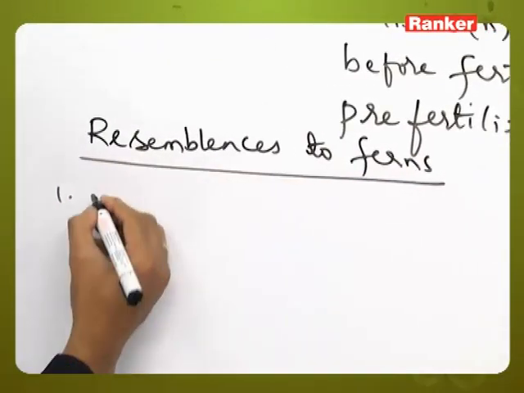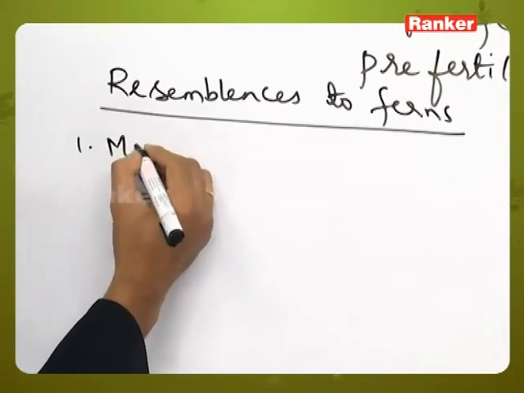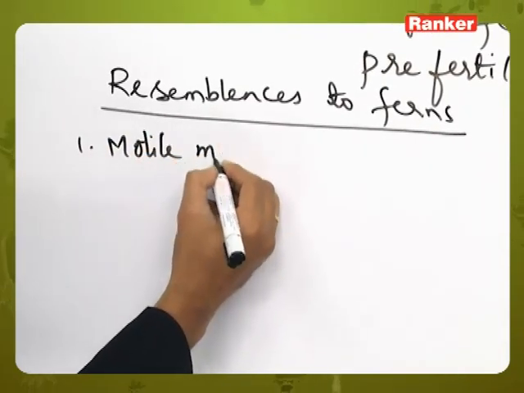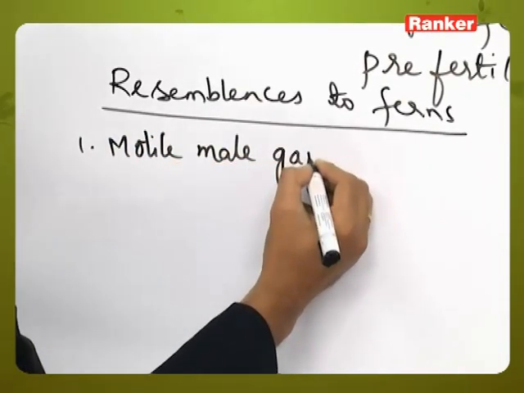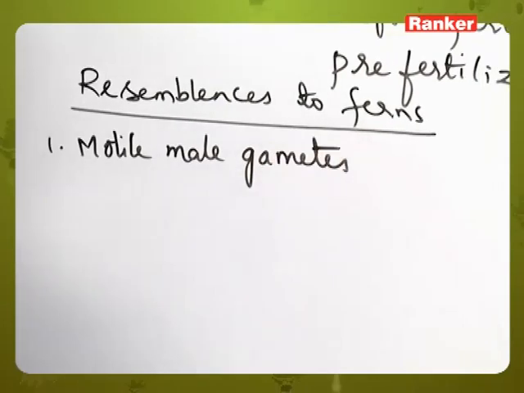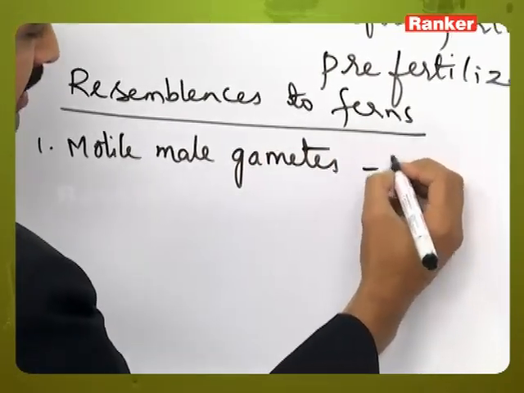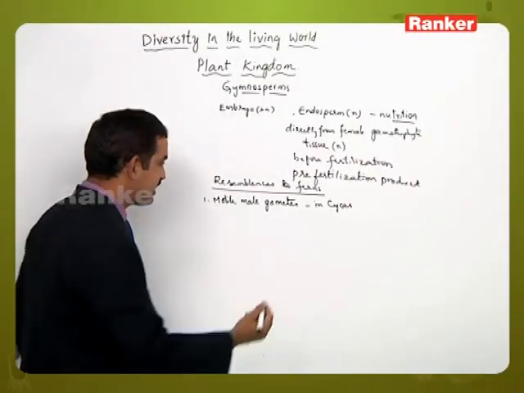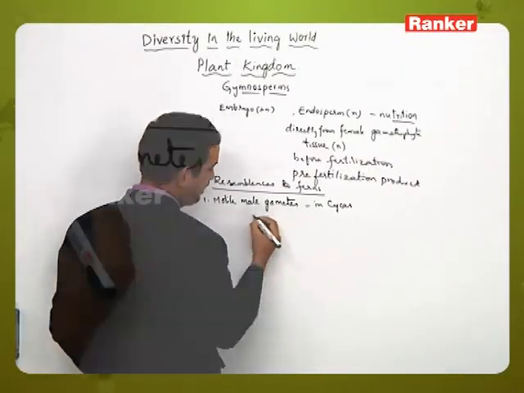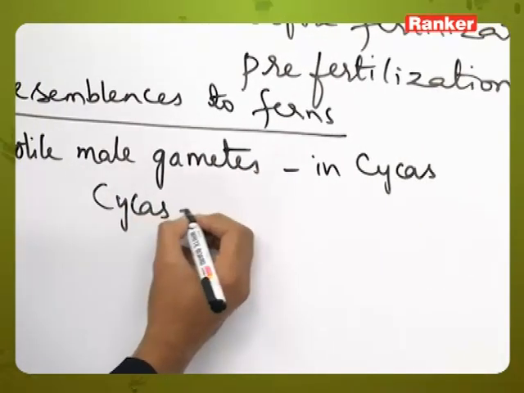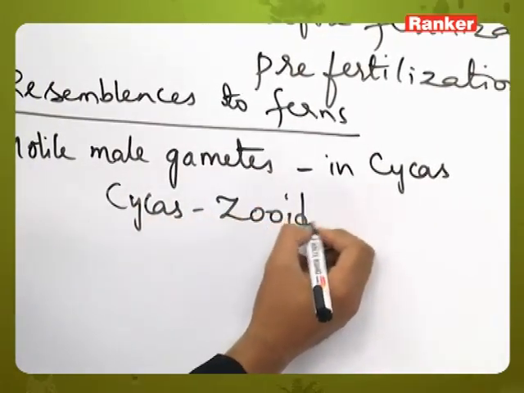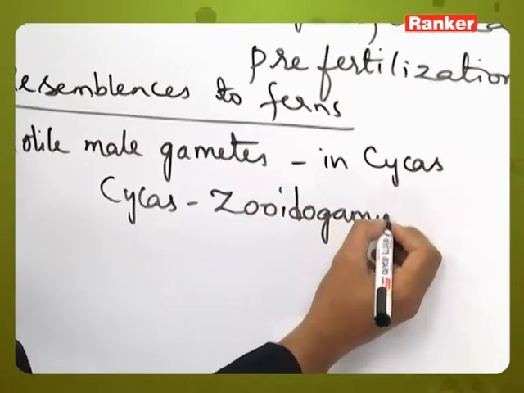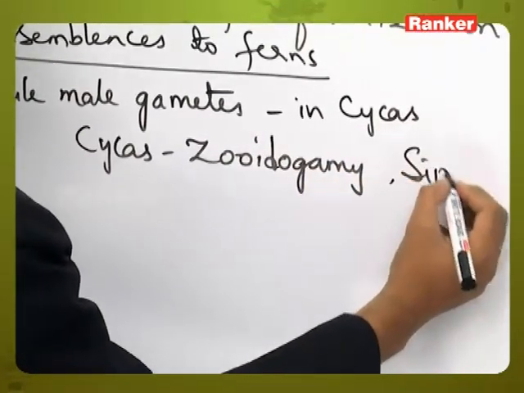The first one is motile male gametes, like in cycas. That is in the cycas plant, zoidogamy is present, at the same time